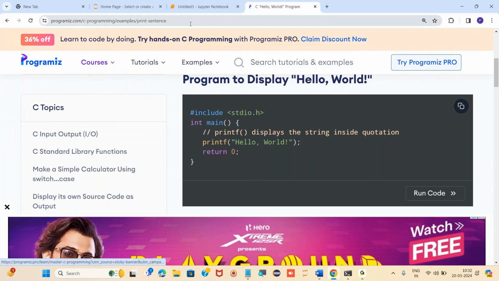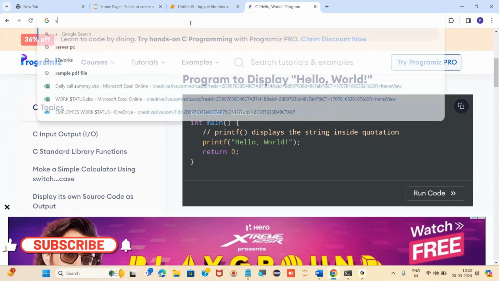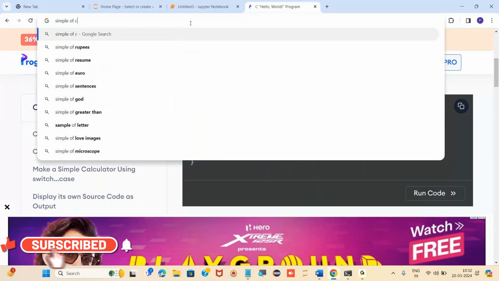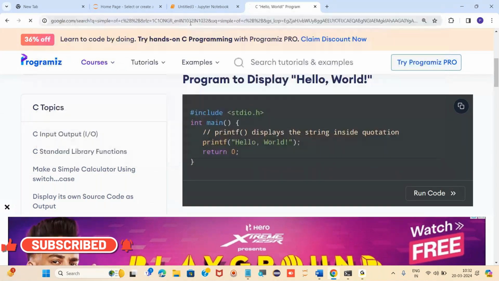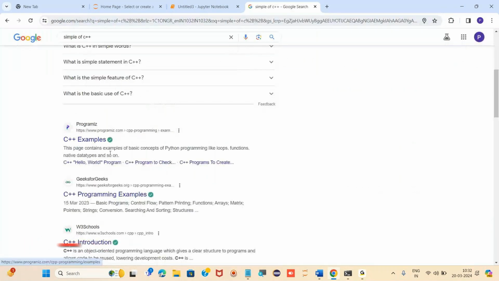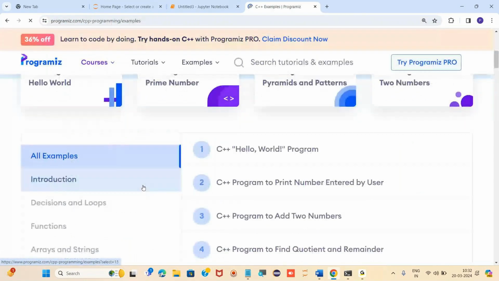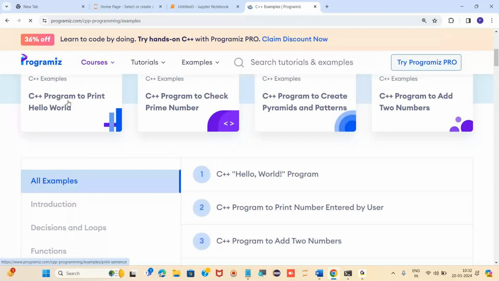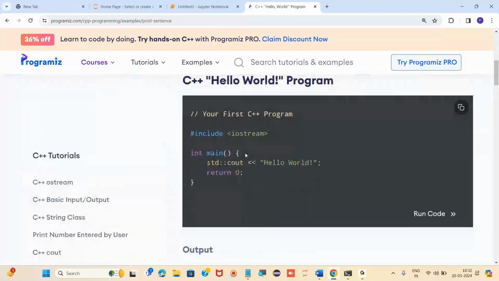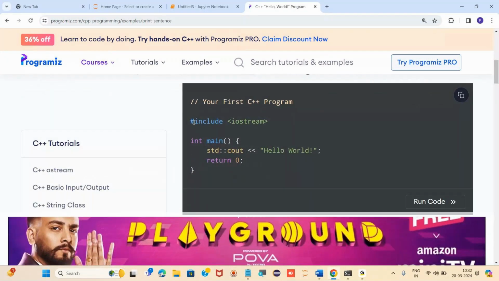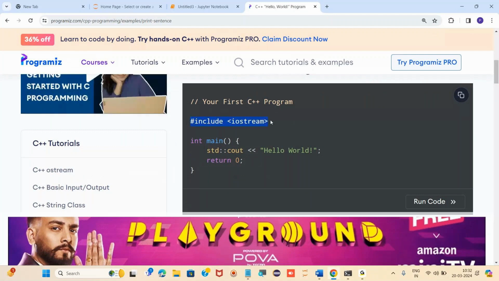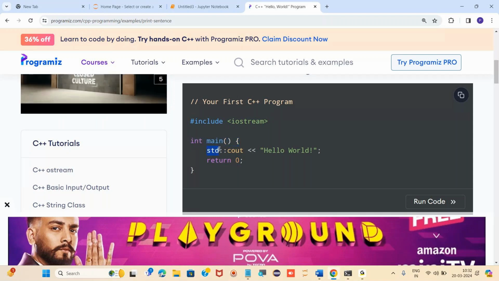Let's now go for a simple program of C++, right? Now if you can see the hello world program, first this. Here also we are using the same header file, the main method, and for printing we are using cout, right?